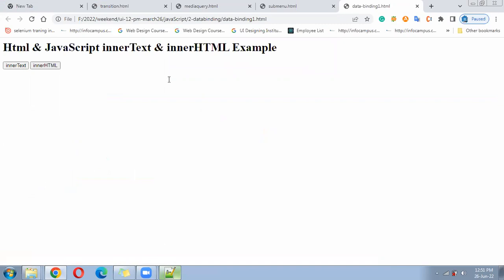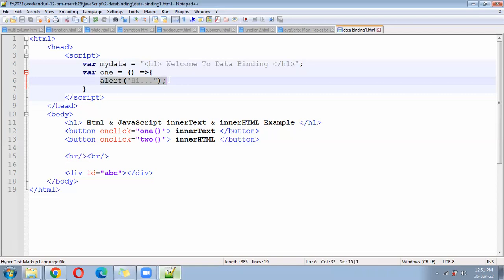Next, from here onwards, we have to understand something new. Let me remove this alert line and write a line here: document dot. So in terms of JavaScript,